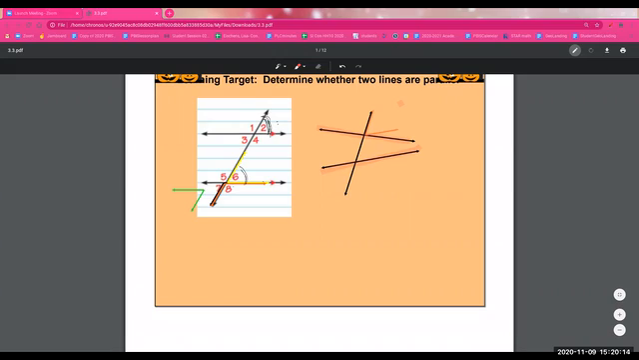Well, now the angles that are corresponding would be this one, above the line and to the right, and then above this line and to the right would be this one. Well, they're quite obviously not congruent, right? Because this angle is going to be a lot bigger than this one right here. So those lines are not parallel. So that's going to bring us to our